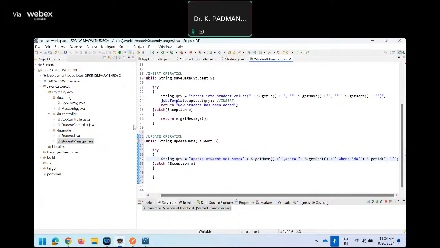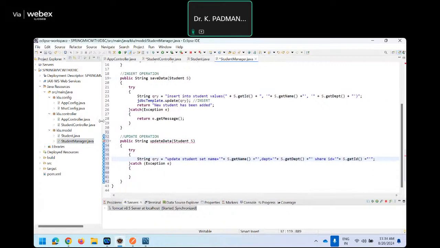So this is the query we need to write to perform update operation into the database. Update is a keyword, then followed by student, which is the database table name. What are the fields we need to modify? We can set them here. Name equal to the input taken from the parameter object by using the method get name. And department also we need to modify. I taken the value of department from the parameter object by using get department method. And the condition I given here as where id equal to s dot get id. So based on the id, that means based on the primary key, we need to change the value of name